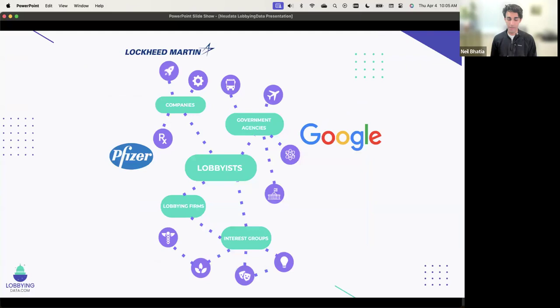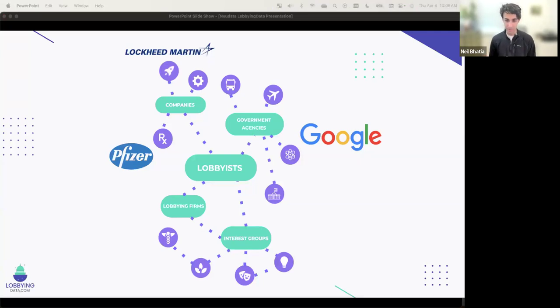A lot of people know that companies like Google, Pfizer, and Lockheed are all lobbying the government, but I think few know the extent of what exactly is happening. How much they're spending on it is just one question, but what we try to capture is what agencies they're targeting specifically in a very individual lobbying contract. And most importantly, why are they lobbying? What bills are they going for? And what issues are they actually lobbying on in an individual contract?